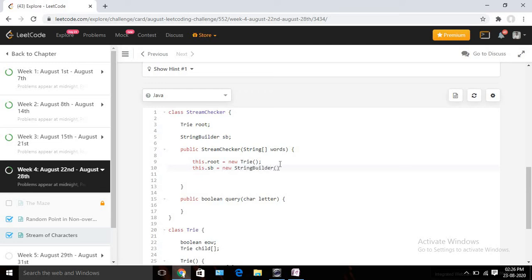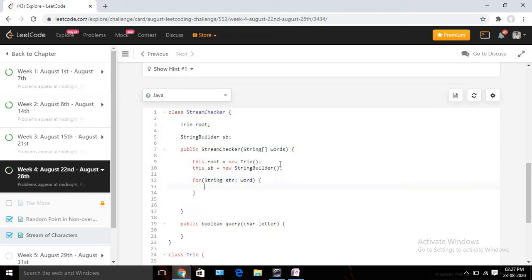What else? So now we need to insert, right? We are going to write one method for insert, but since it will be an array of strings, we need to run one for loop and pick each and every word. So it should be String str probably. We are going to use an enhanced for loop, and after that we are going to call one method called insert, and pass the string there, right? So that will be our constructor implementation. Now let's write the implementation for insert also, right? It should be a private method, it will not return anything, and it will accept only a string, so String word.